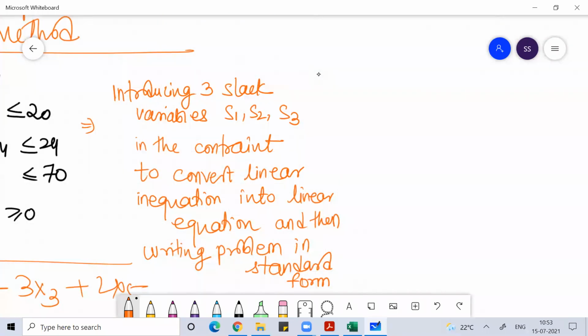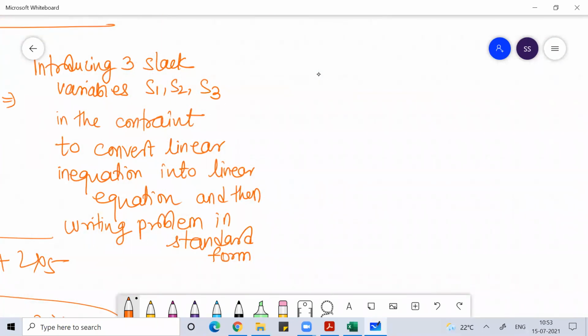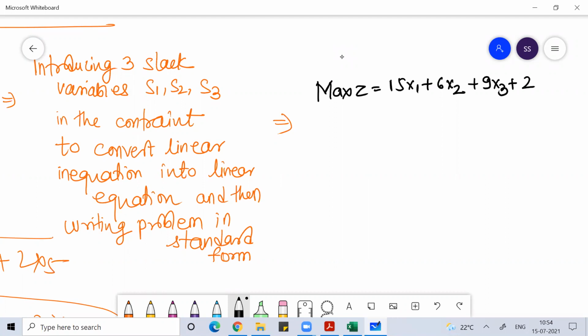Once we are clear with this part, now we'll write the same problem. Now the same problem I can write as maximum of z is equal to 15x1 plus 6x2 plus 9x3 plus 2x4, then subject to